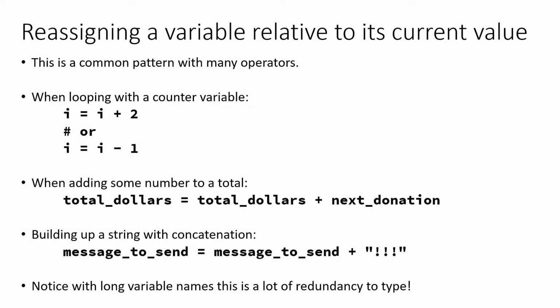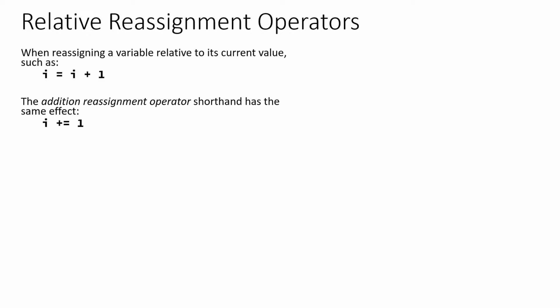And in these first examples you see, you might think, wow, it's not that tedious to write out i two times in this given line of code. But when you start having longer variable names and more complex expressions on both the left-hand side and the variable that you're modifying, it can be pretty tedious. And so there's a nice shorthand syntax for this called relative reassignment operators that you'll see me and the TAs using in the future, and I would encourage you to try and embrace.